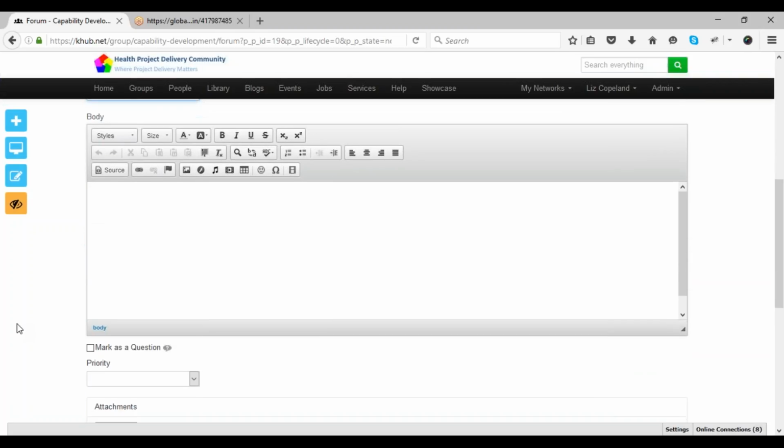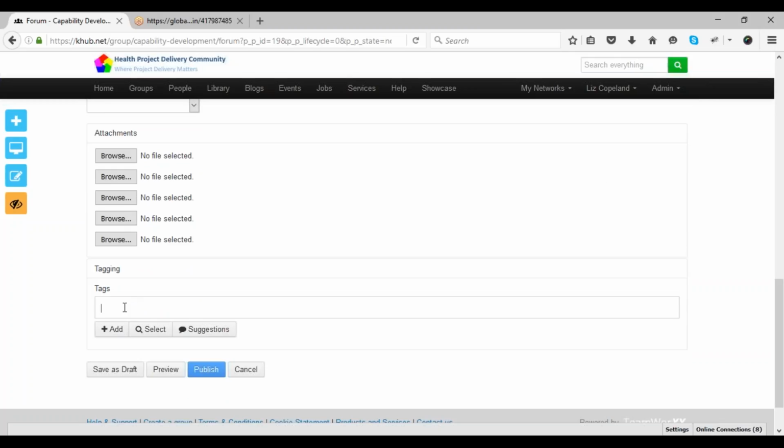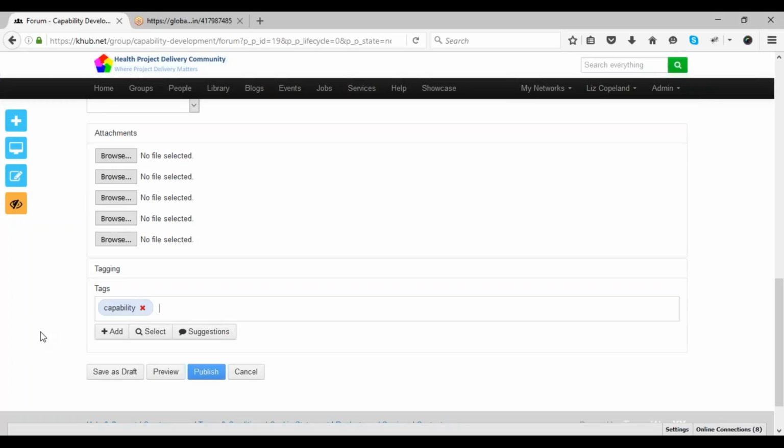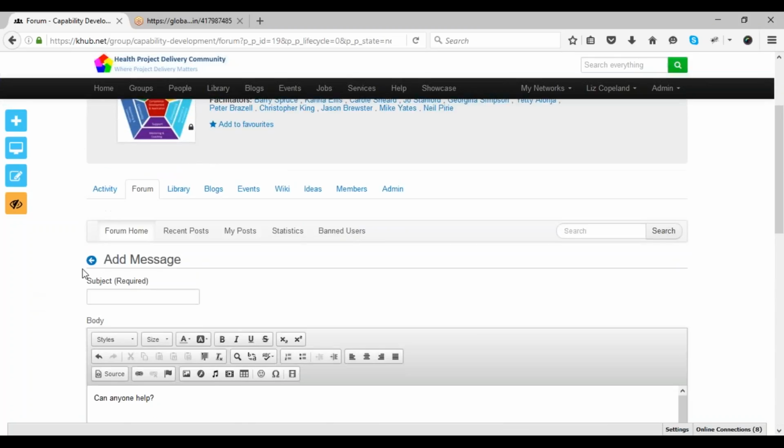You add your title and then you start typing. And once you've done that, you can add some files. If you want to add an attachment as well, you can do that. Always a good idea to add tags or keywords to what you're adding, because this makes the content that you're adding more searchable for other people. And then just click Publish, and your question will be posted,